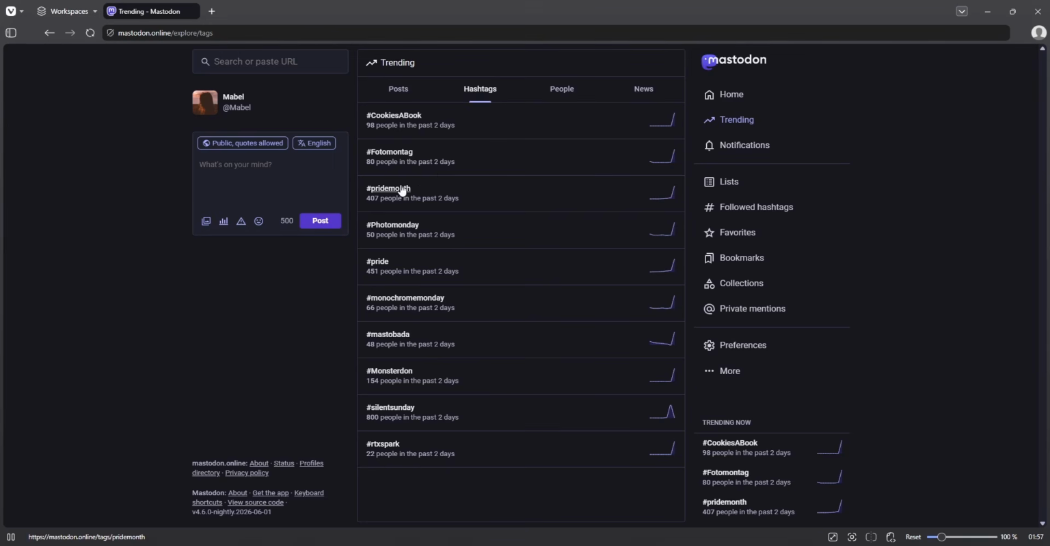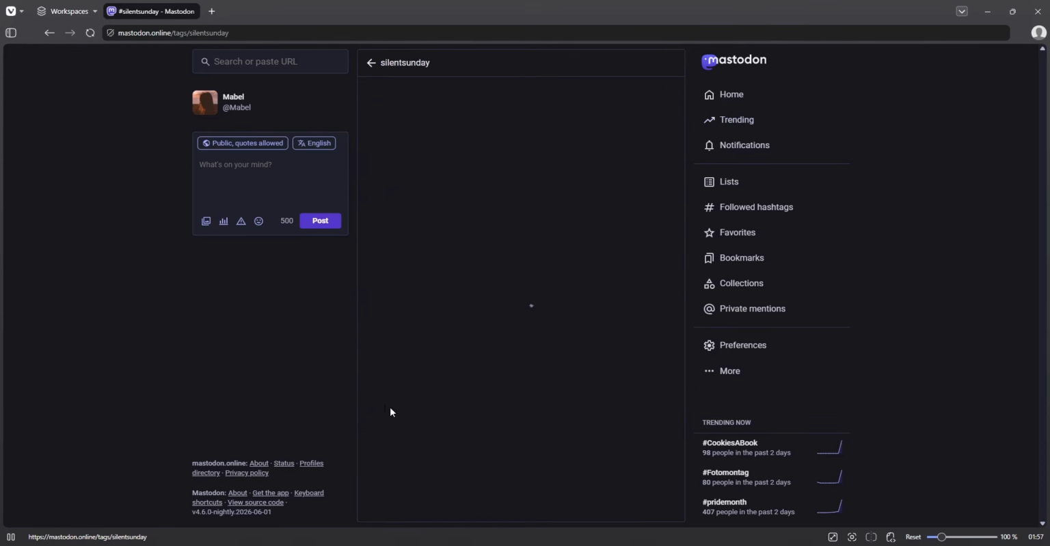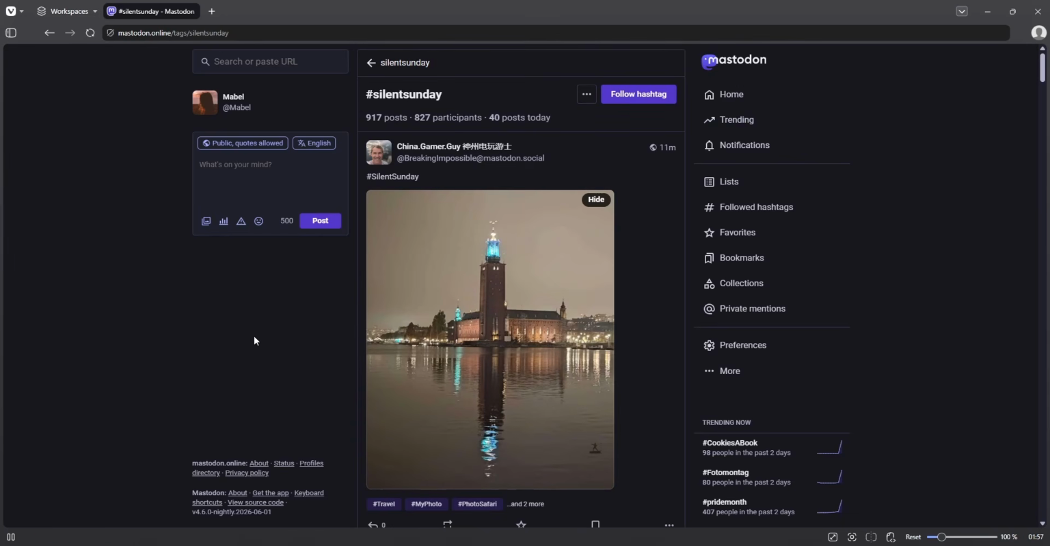today. So for example, it's June 2nd already, where I am. The Pride Month has begun, so there are a lot of posts with the hashtag Pride. We're also quite close to Sunday, so this hashtag is still on the list, called Silent Sunday. It is a recurring trend on Mastodon where people post images that elicit a feeling of calmness,